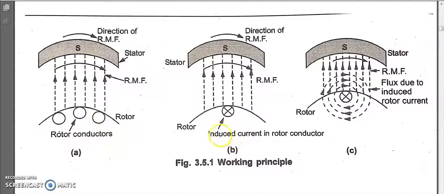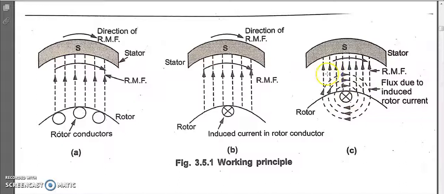You can see in the second diagram, the induced current in the rotor conductor, because as I said, due to the flow of this field, EMF gets induced, and due to the EMF, a rotor current is induced in the rotor part. Okay, and due to the flow of current in the rotor, we know that a current carrying conductor has a field around it. If I apply the right thumb rule here, as we can see the current is going inside the screen, you can see the direction of the flux of the rotor is again clockwise. Okay, it's in the clockwise direction.